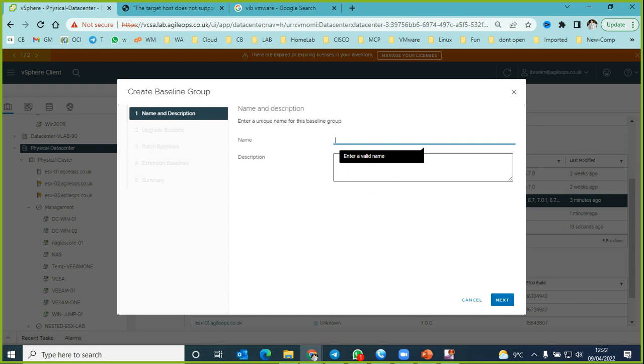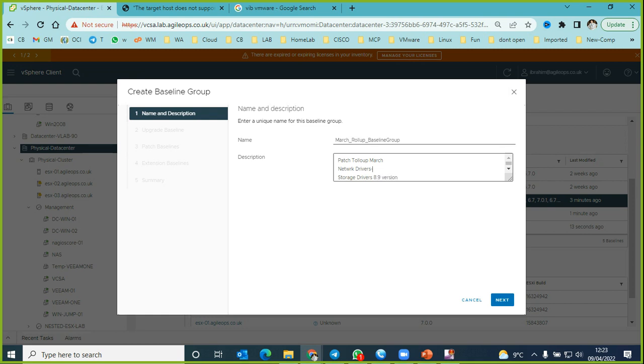So we can say March roll up baseline group, and then here we can say patch roll up March, and then network drivers maybe, and then storage drivers, and then type the version,